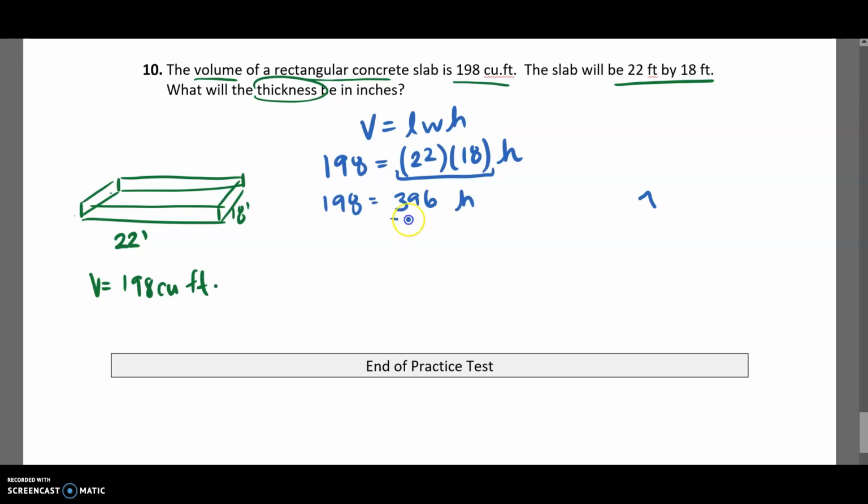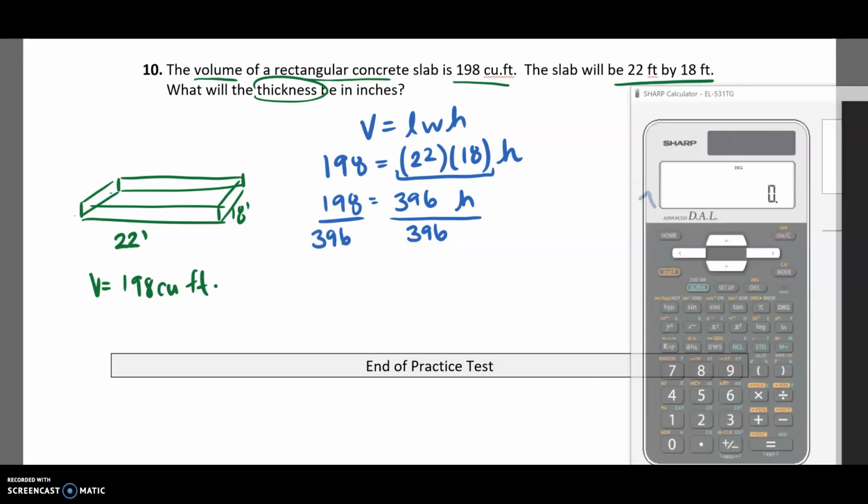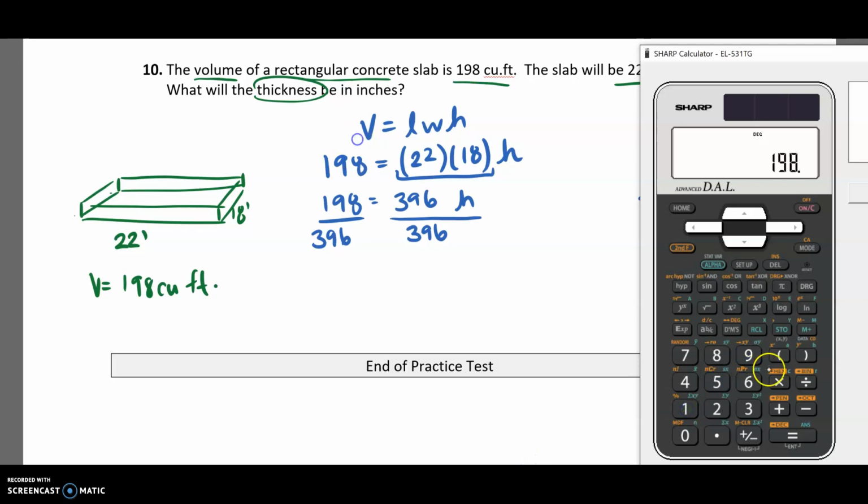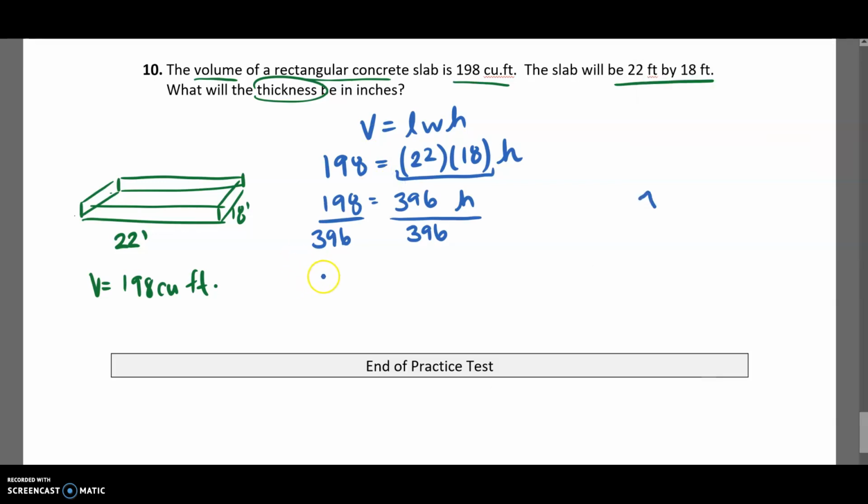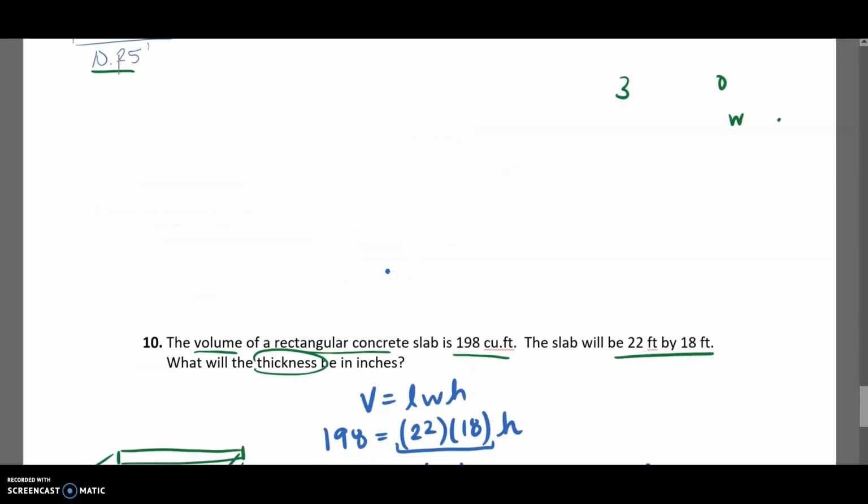To move that multiplied by 396 to the other side, I do the opposite operation, so I divide each side by 396. On your calculator, you can do 198 divided by 396, and get 0.5 for the height. In terms of units, my volume was in cubic feet, my length and width were in feet, so this is 0.5 feet